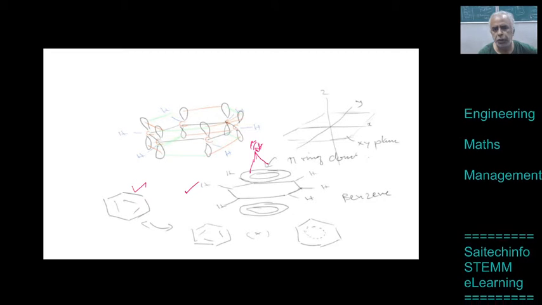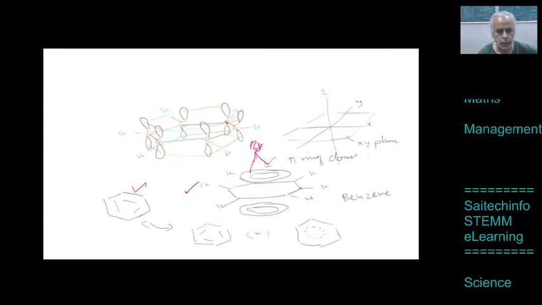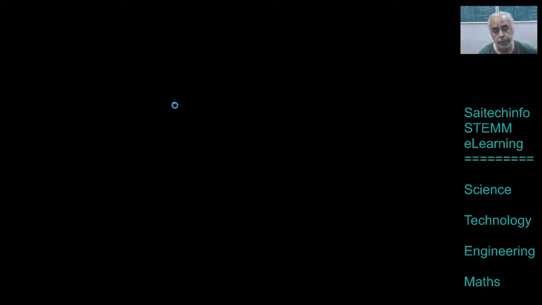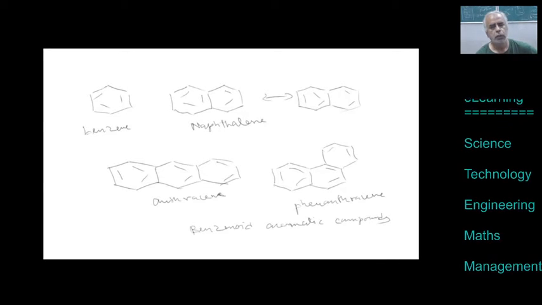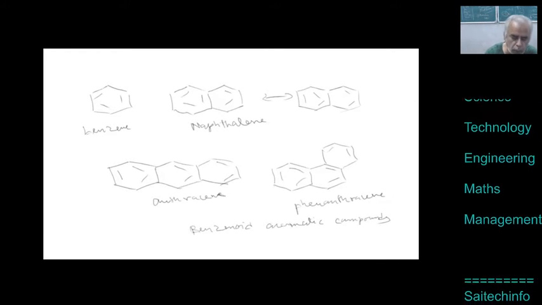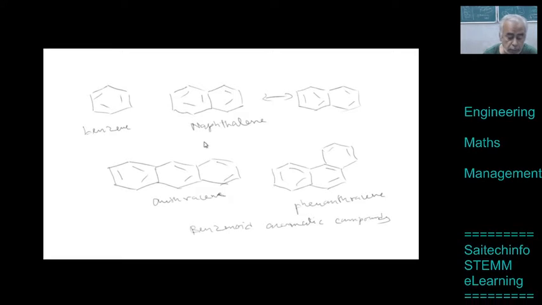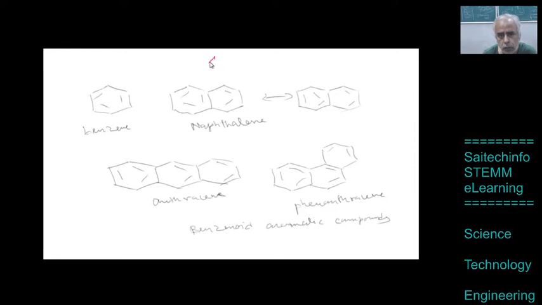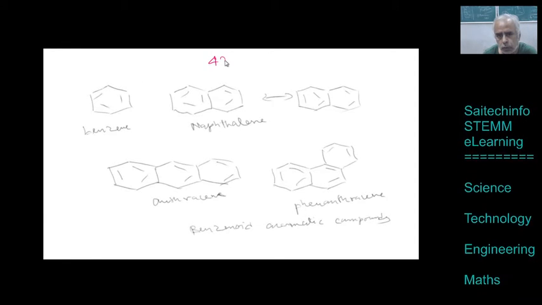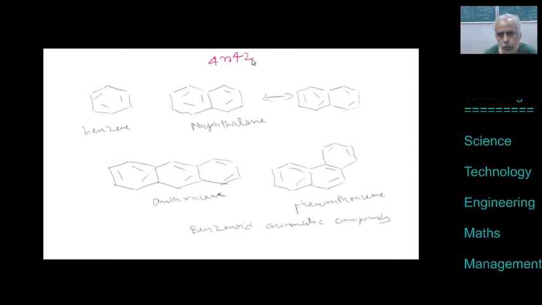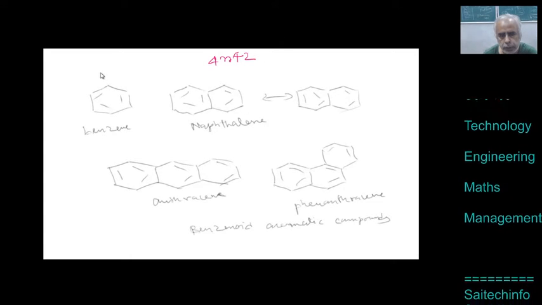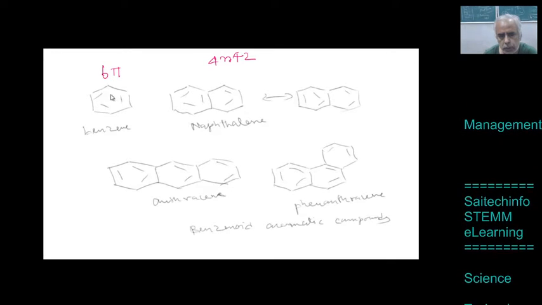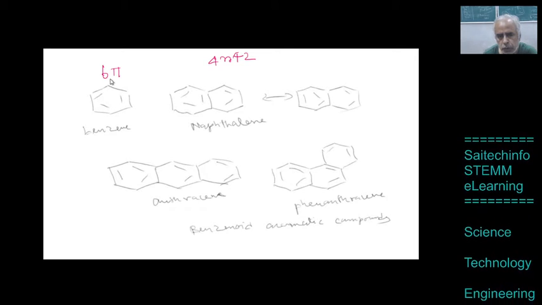And as I already mentioned, you have different types of aromatic compounds. All of them can be established for aromaticity. For example, benzene: according to Huckel's rule, what is the number of pi electrons here? What is the Huckel rule? The 4n plus 2 rule, is it not? 4n plus 2 pi electrons. Here one benzene ring, therefore 6 pi electrons. Each double bond represents a pi bond. So 3 into 2, 6 pi electrons.